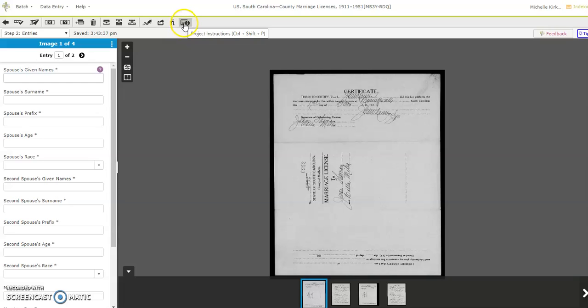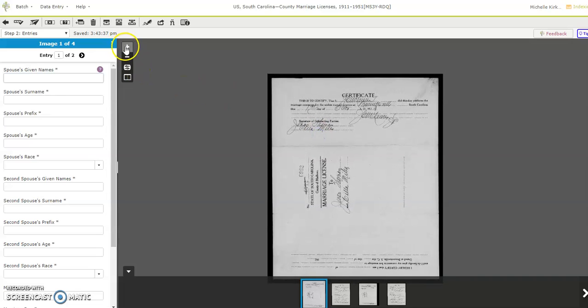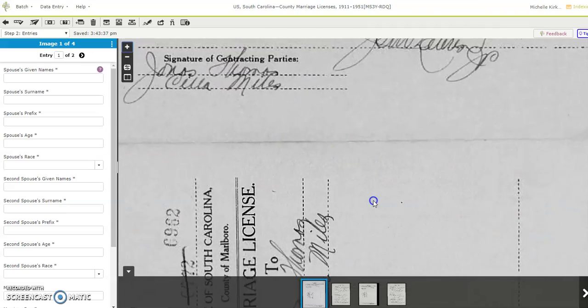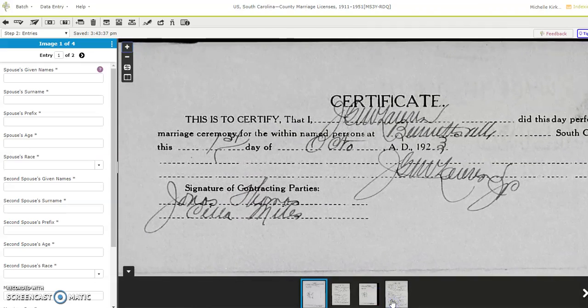And again, if you were starting a new batch, here's the icon for the project and for instructions, and you would click that. But all right, I'm just going to actually do it. This is kind of really small. So this is the actual wedding certificate that was filed. I am going to enlarge that so I can see it. Okay, it doesn't have the individual's names on there other than,